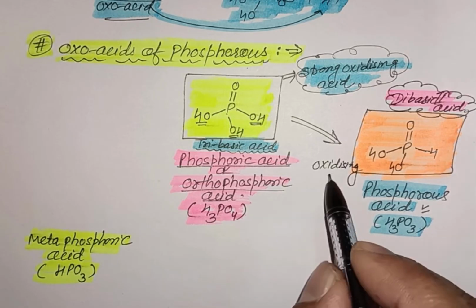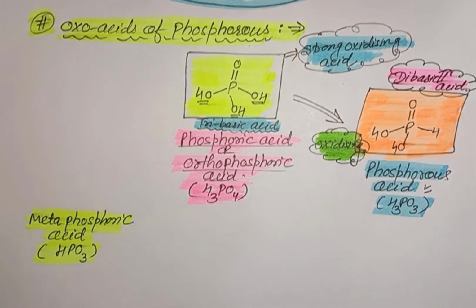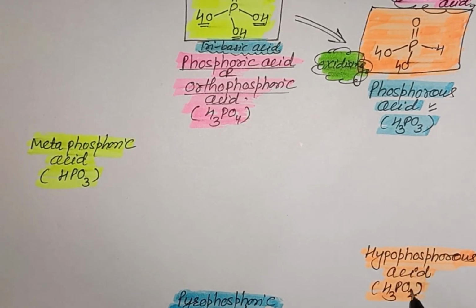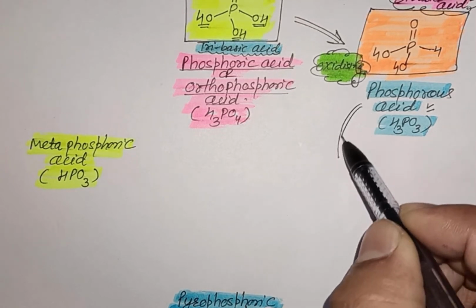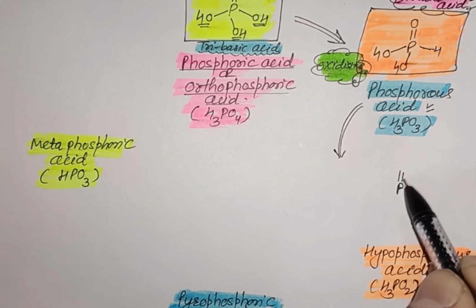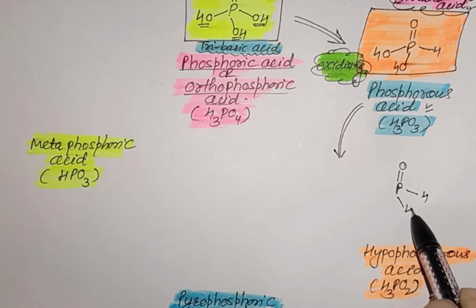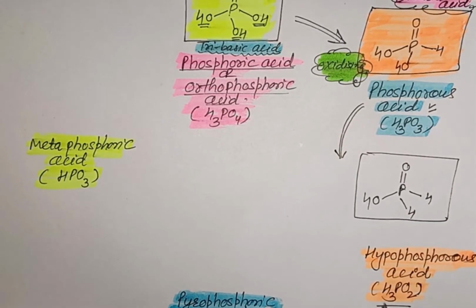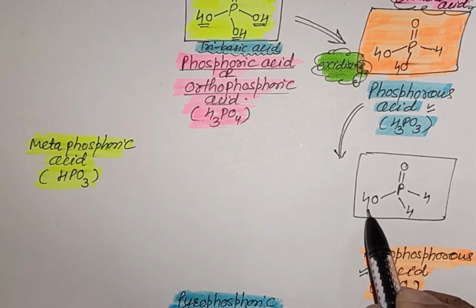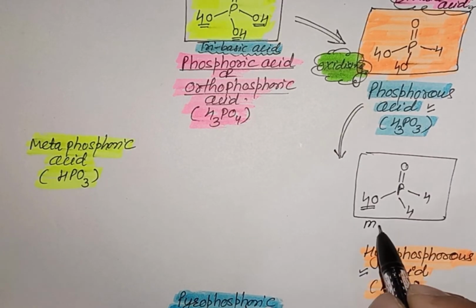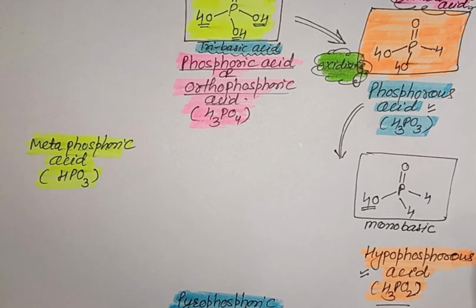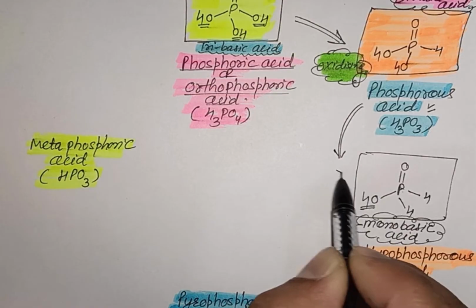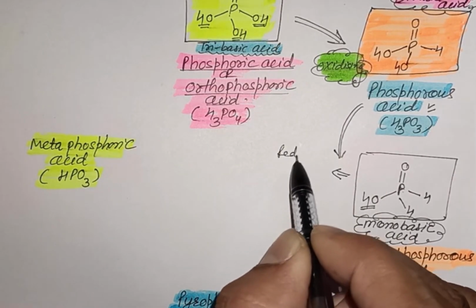Next one, if we remove one more oxygen from phosphorus acid, it forms the structure of hypophosphorus acid. So after removal of one oxygen, that is P double bond O, H, this will become also H and this will become OH. This is the structure of H3PO2, that is hypophosphorus acid. Hypophosphorus acid has only one OH bond, that's why it is also called a monobasic acid. And in this molecule there are 2 PH bonds. So reducing character is more than its oxidizing character. So overall it is reducing in nature.